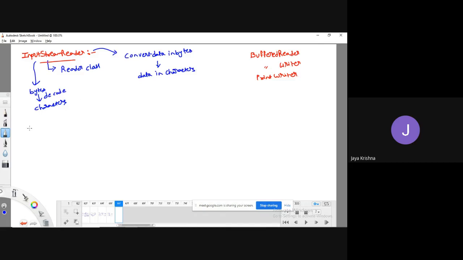For example, you already know some character sets like UTF-8, UTF-16, ASCII, American Standard Code for Information Interchange. These are the various kinds of character sets, meaning that the data which is in byte format is going to be converted into character format. For that, we are going to use the input stream reader class.